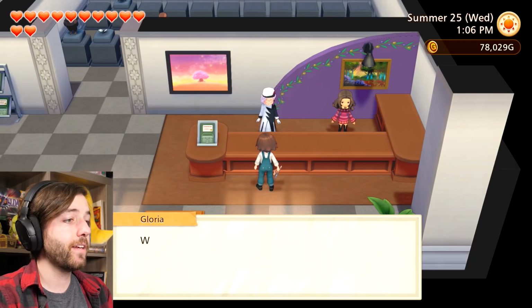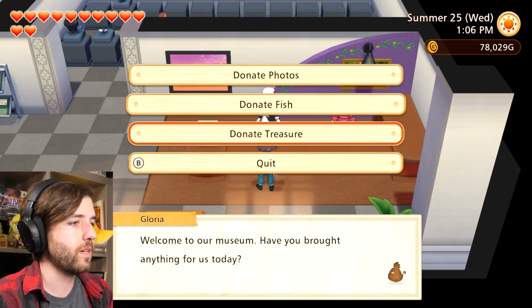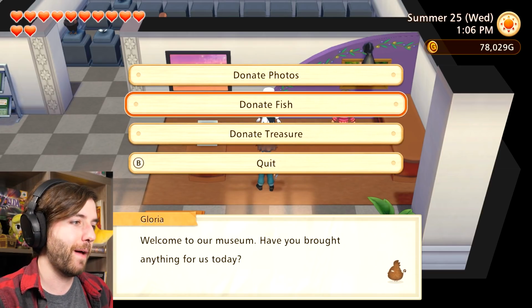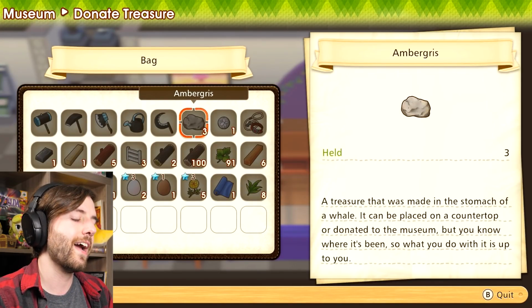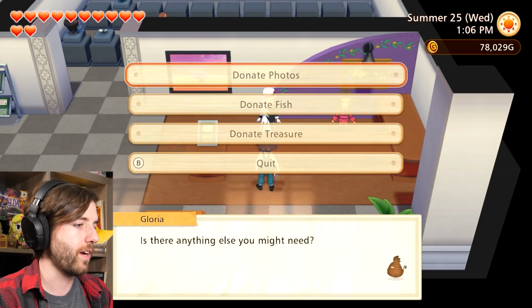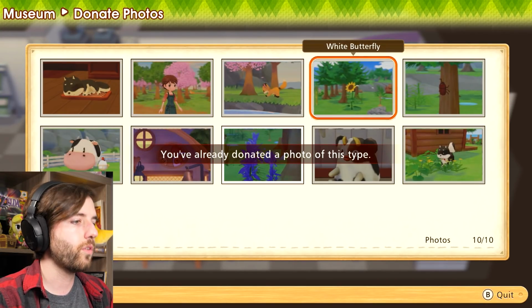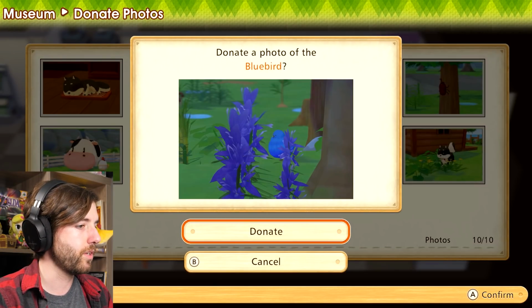time-worn ones. And then Gloria here, she's who you donate your photos to get animals put into the museum, or fish, because you can go fishing in this game, just like you can in every other one in the past series. And so yeah, you can donate treasure. It looks like I don't have anything special to donate right now, but we should be able to donate some photos. So okay, I've already donated the white butterfly, the rhinoceros beetle, yep, but the bluebird, that's